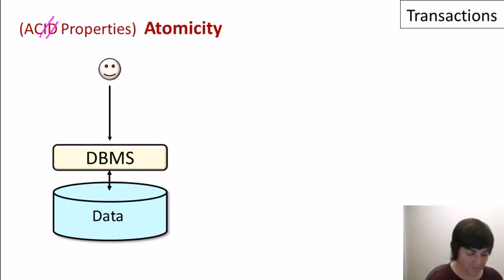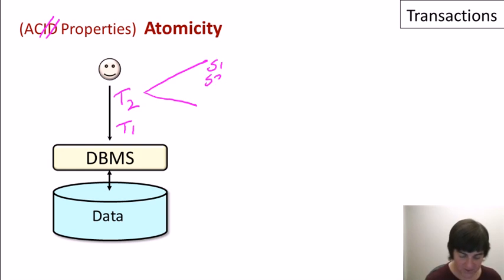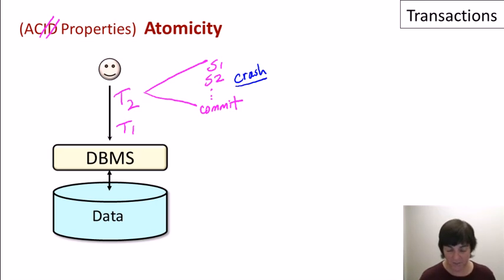Two properties down, now let's talk about atomicity. Again, we'll only look at one client who's issuing a sequence of transactions to the database. And let's look at transaction T2, which itself is a sequence of statements followed by commit. The case that atomicity deals with is the case where there's actually a crash or a failure during the execution of the transaction before it's been committed.